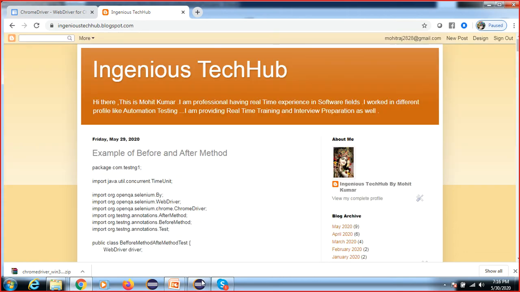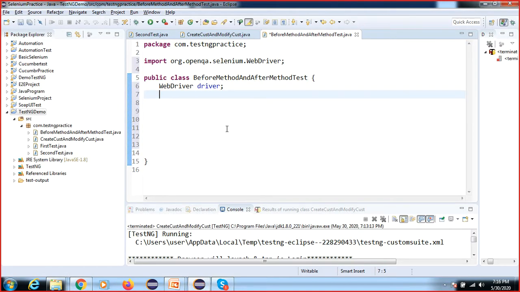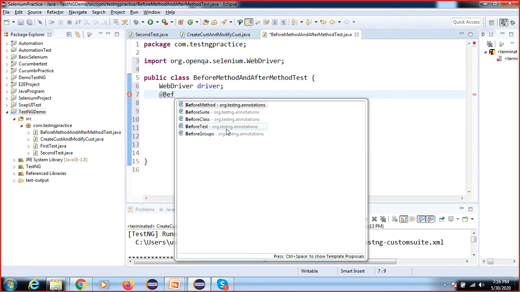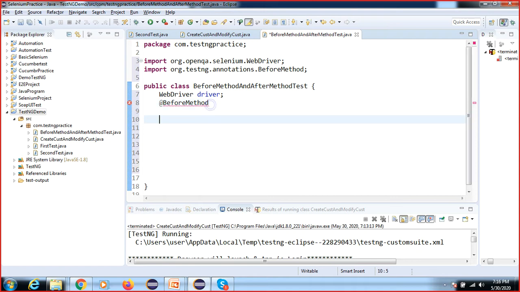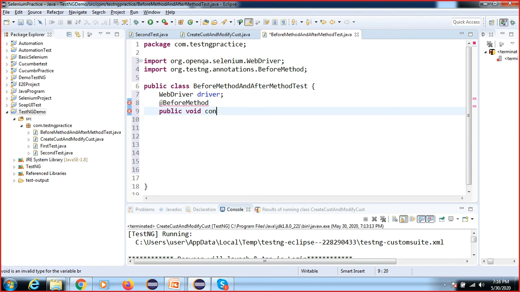So I'm going to create the before method, and in it write browser launch, and login app.